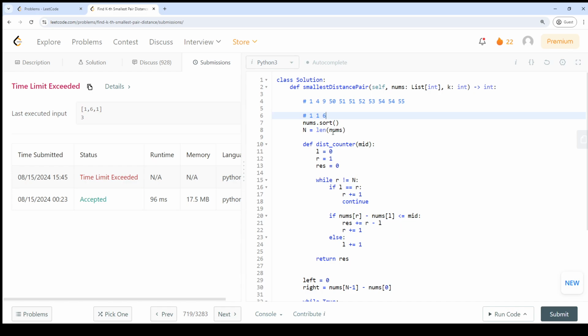I think this messed it up. So the first case is looking at this, that's 1. Then I look at this, that's not less than 2, so I increase left. That's not less than 2, so I increase left. And I have both of them pointing at 6. So if both of them are pointing at the same thing, I increase right and I continue. But right should be equal to